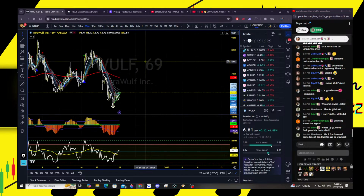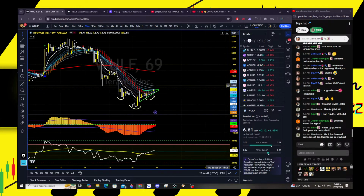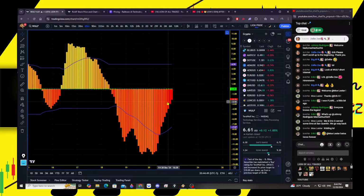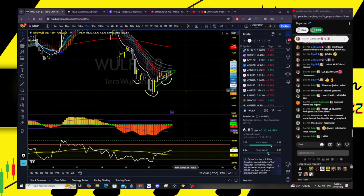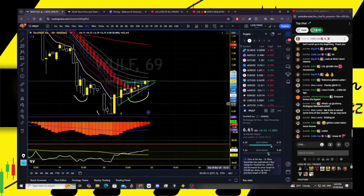How does this look on the 69-minute chart? You can even see it here on the 69-minute chart, building up in momentum. It's actually getting really hot and red on the Elliott wave oscillator. Very nice. And it looks very frequent too. So this, and look, as a matter of fact,